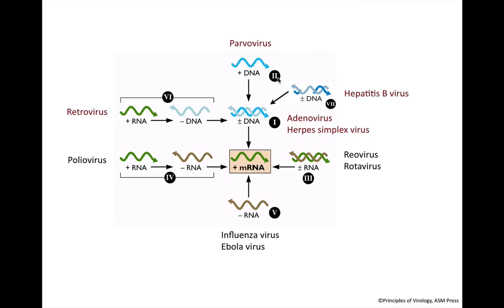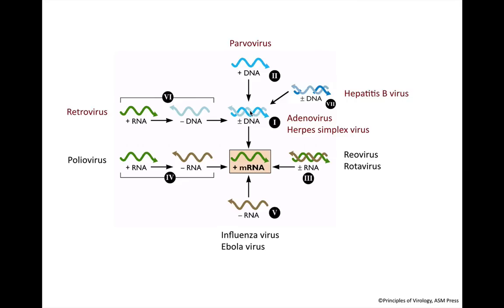So in this lecture, we're going to talk about viruses that make mRNA from DNA templates, and these will include double-stranded DNA viruses like adenoviruses, herpesviruses, and polyomaviruses. We'll also consider the parvoviruses and the hepatitis B viruses, which have genomes that are not double-stranded, and we'll talk about what happens to those. And we're also going to briefly consider retroviruses because their plus-stranded RNA genomes are reverse transcribed to a double-stranded DNA